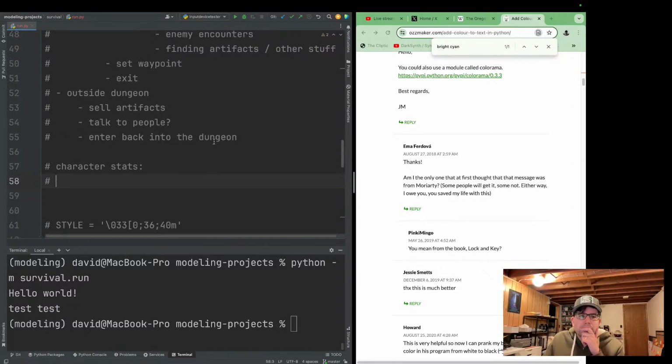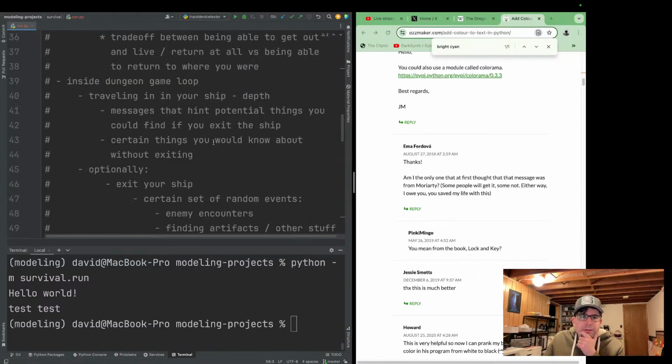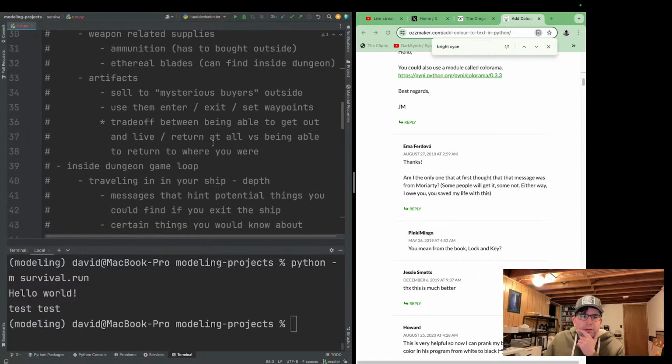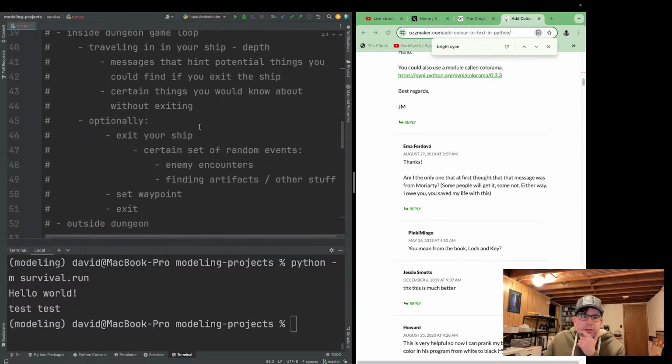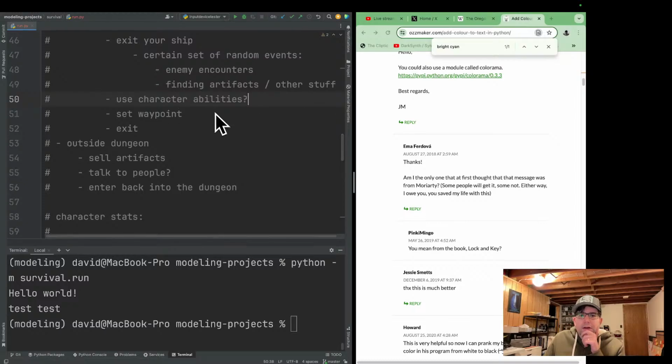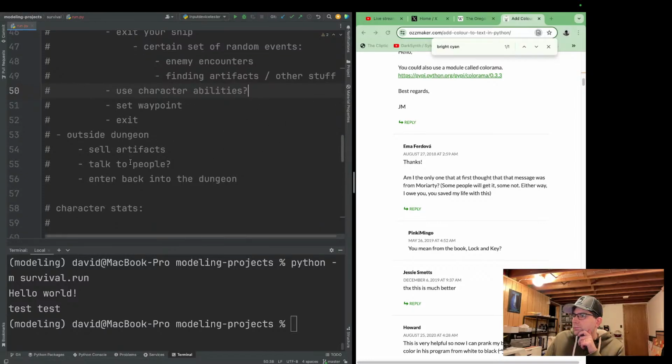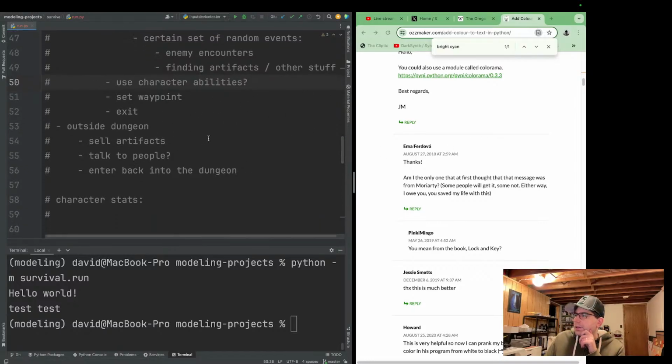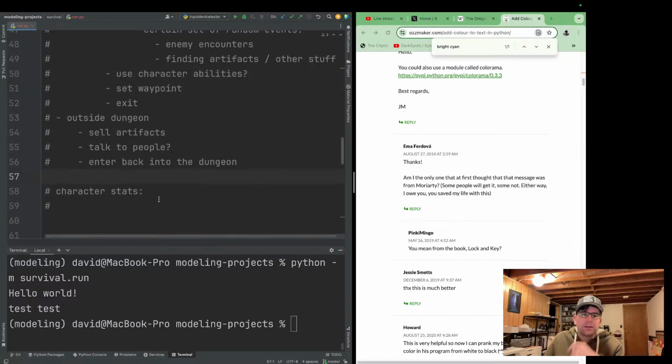Maybe something you could do is use other character abilities here that could heal things or use resources in different ways.